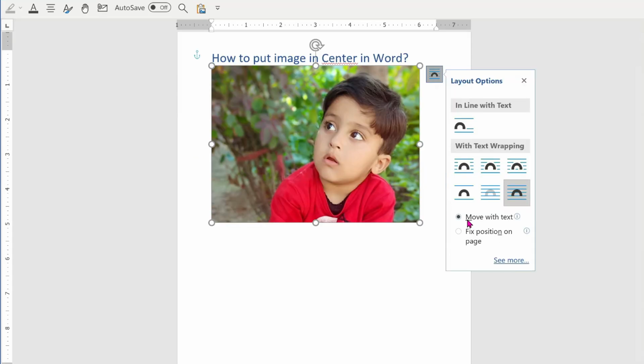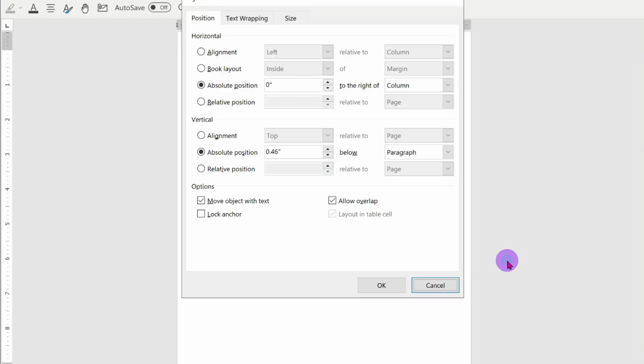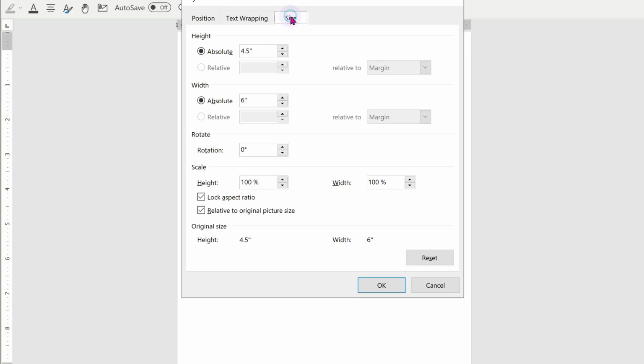and make sure it is in front of text, and then click on See more, and then in the Position tab, in the Horizontal section, under Alignment, you need to click on this Alignment radio button and make it centered, and now set the vertical alignment to centered also, and now head to the Size tab and set the height to absolute and type the full